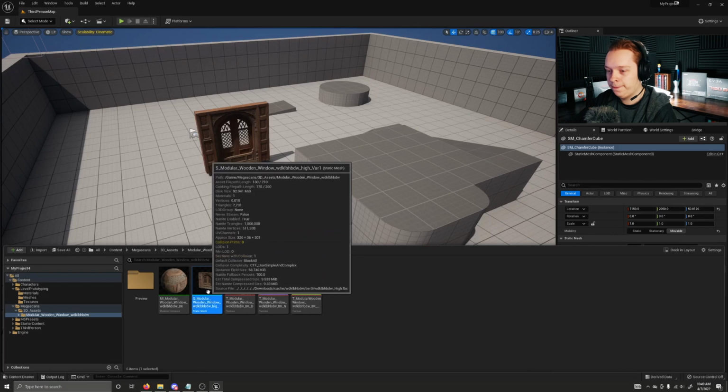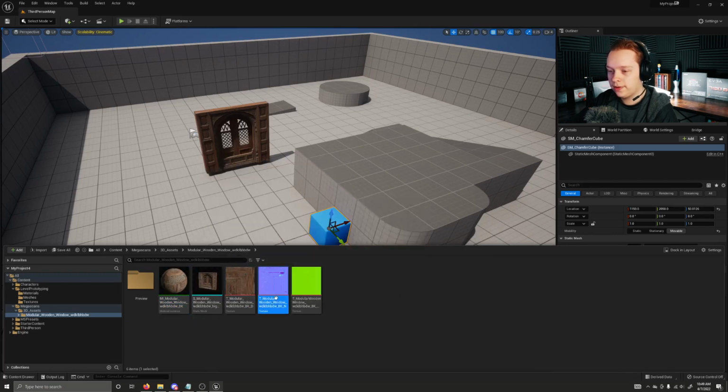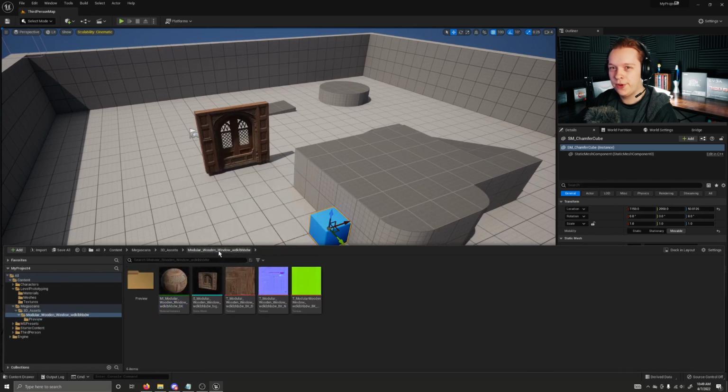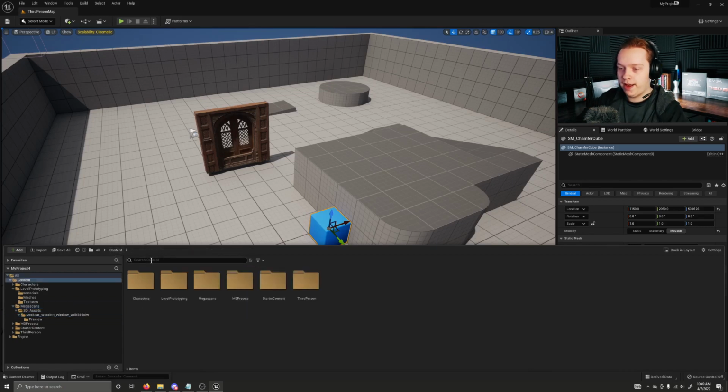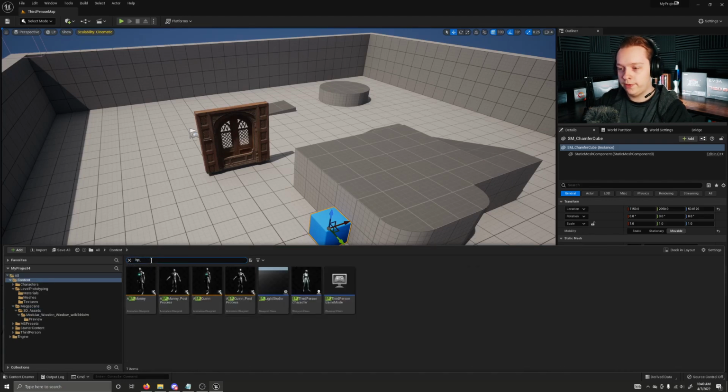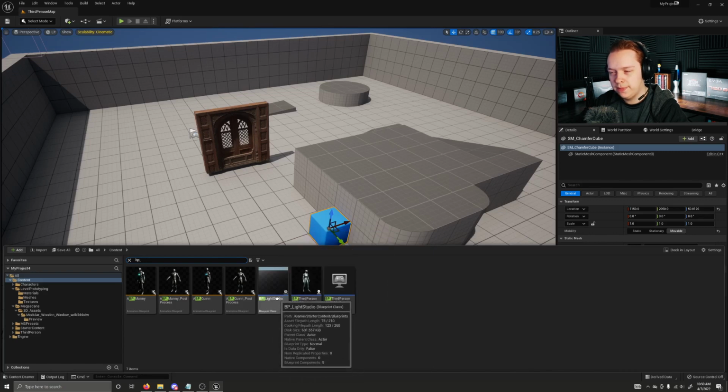The asset itself, its material, its textures, and the preview version of the asset that it brought in before it downloaded the full resolution nanite mesh. We have a search bar where we can search for different assets. I could search for like under blueprint, which is a prefix that's commonly used for blueprints. And we can see the blueprint in the project, our game mode, character, light studio, which is actually new to this template. I don't think that was in the Unreal Engine 4 template. This is the first time I'm seeing that actually. Our animation blueprints,